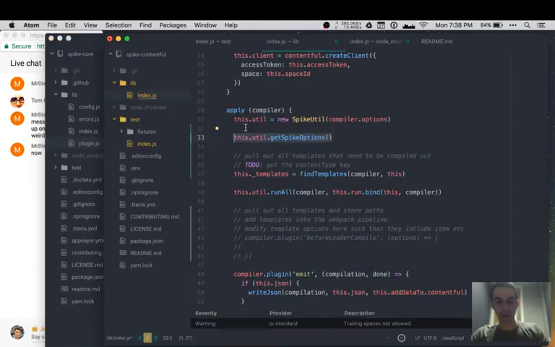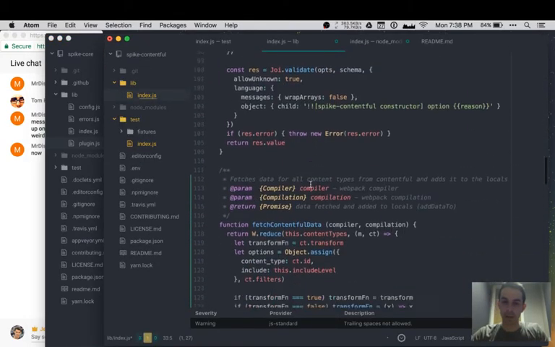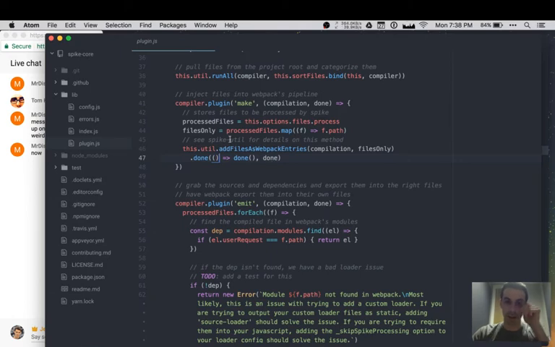So probably I would want to move this piece into a make hook instead of the run hook, like they are here, because I assume they're in this hook for a good reason, which is that this is the spot at which you can add them. So I'd need to move that to this make hook in webpack. And then